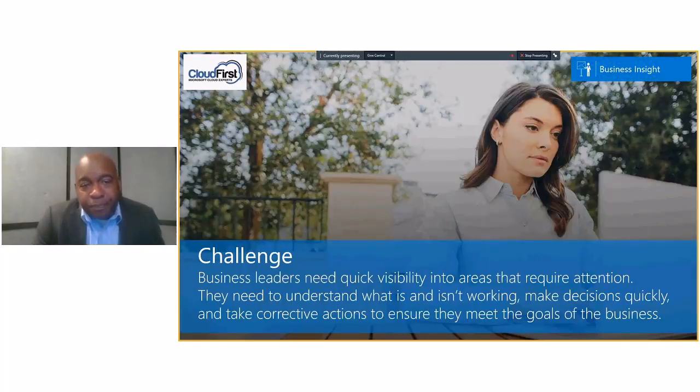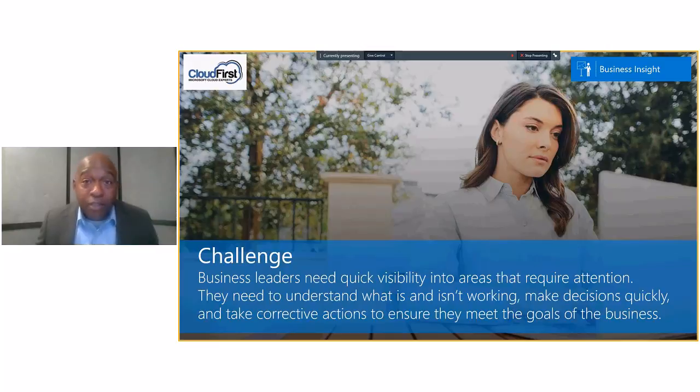Business insight. So business leaders need quick visibility. They need to go in, find out what's going on in the organization, find out what requires attention, find out what they need to focus on, what's working, what's not working, and then be able to make decisions on that information very quickly. And so with access to timely information, a business owner or sales manager could see a certain product is generating a higher revenue than another product, or there's an unusual volume of service calls.